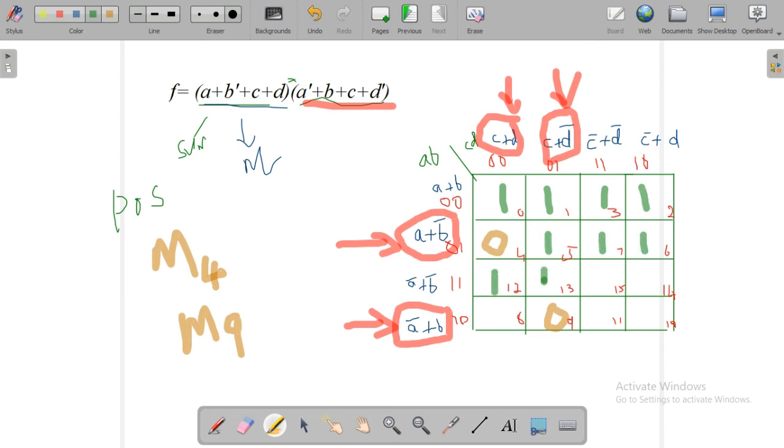This is the way of mapping values into a K-map. I hope everyone understood well about K-mapping. After this, in the next video, we will discuss some rules like pairs, octets, and reduction rules. All of that we will discuss in the next video. Just be clear on how to map values into a K-map. See you in the next video.